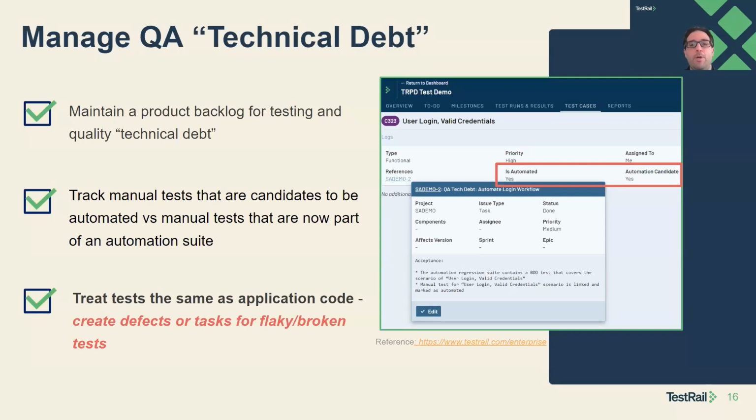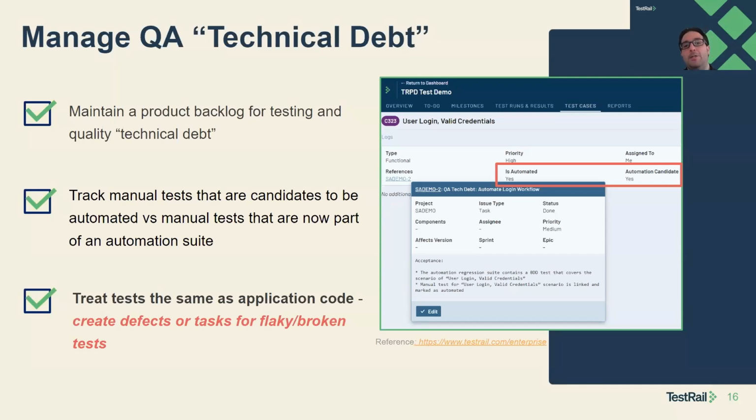One of the examples that we use, and I see a lot with our TestRail customers and people I work with, and I've used previously in different tools, is a way to track both your automation candidates and then those test cases when they are automated. So having a way to actually manage and track your automation backlog, and then furthermore, how do we reflect the effort to do that type of automation work?